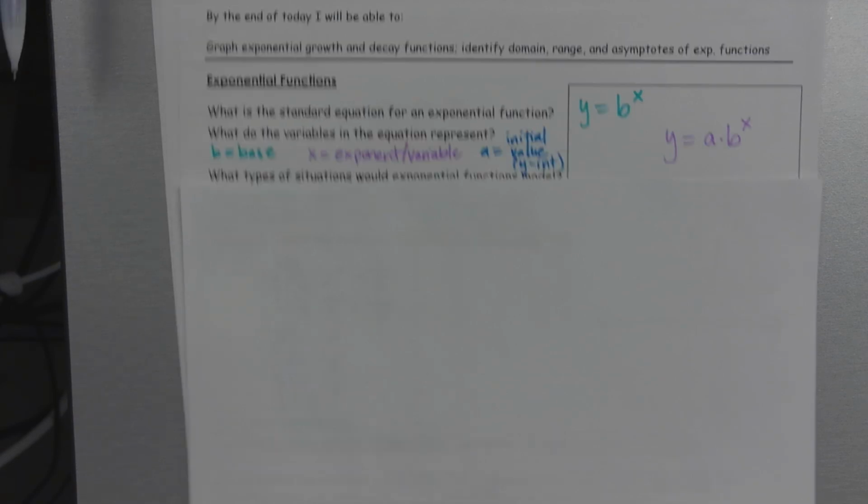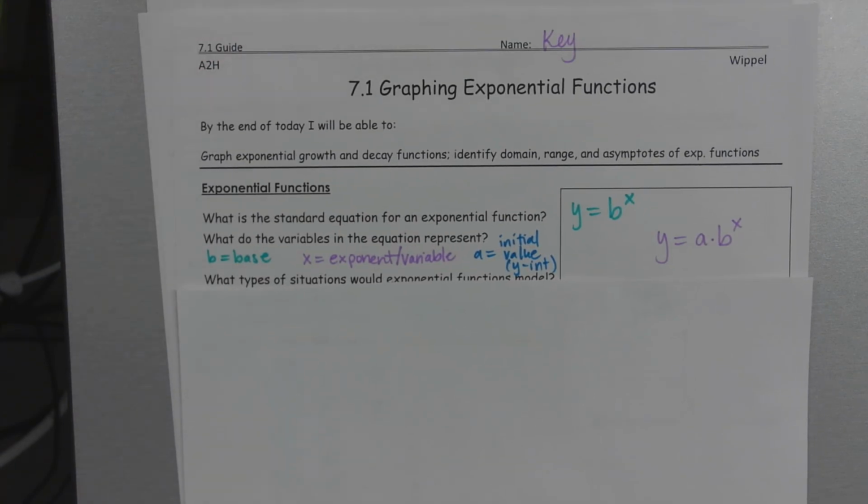Okay, so today we're graphing exponential functions. We're going to graph exponential growth and decay, and then we're going to go back into identifying some domains and ranges, and then this might be a new word for you. So every exponential function has something called an asymptote. It is a line on the graph that the graph gets closer to